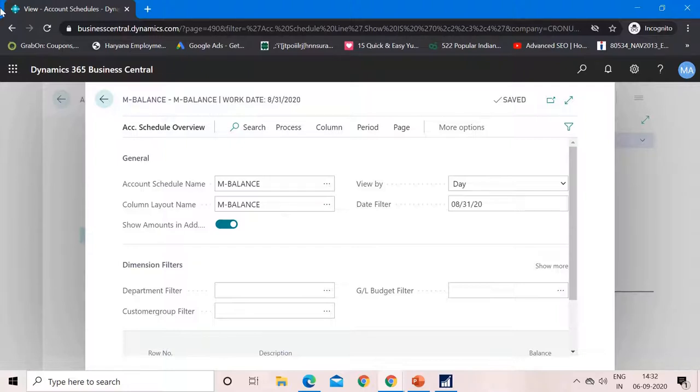Also, for your reference only, apart from our LCY field, the system provides the standard field of ACY, which is additional currency, in all our ledgers, so that you can open up the general ledger entries and check the LCY amount and the additional currency amount also from there.